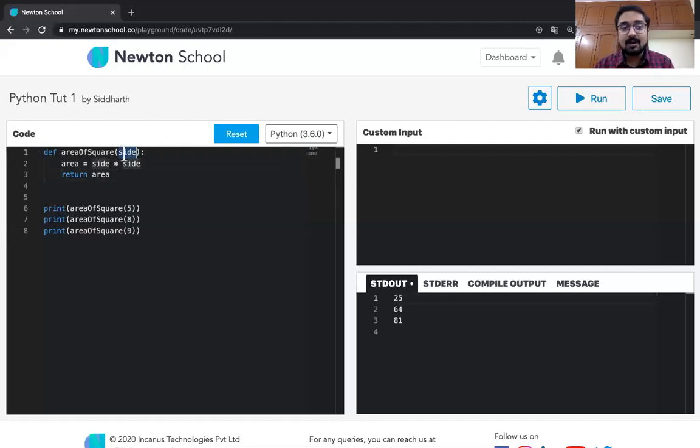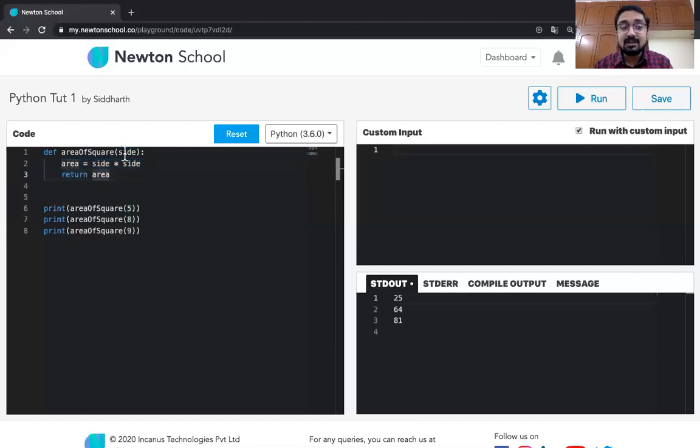Now what is happening over here is whenever you call this function, this variable is not a global variable, in the sense that whatever value you call it with is supplied to it temporarily. Every time a new instance of this variable is created and it is available only inside this particular function. If you try to access it outside this function, you will get an error.